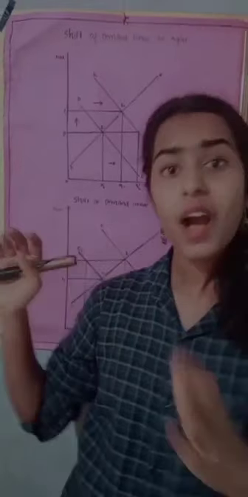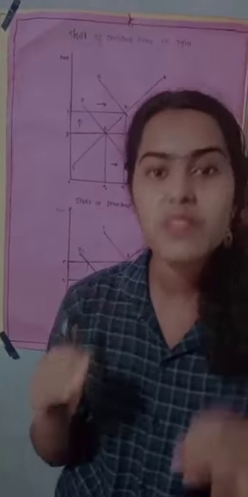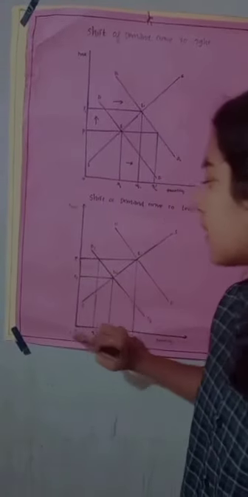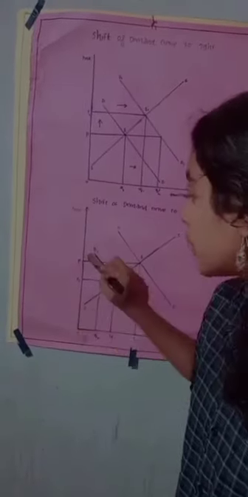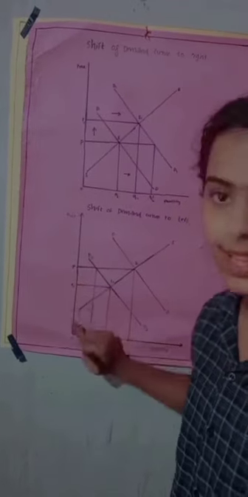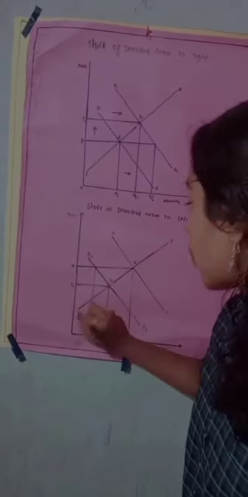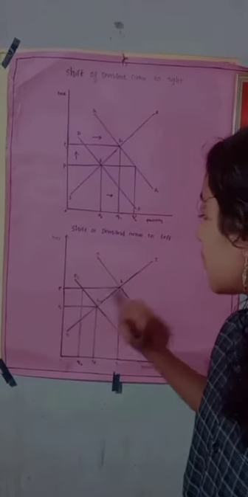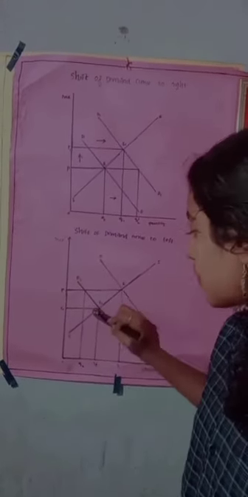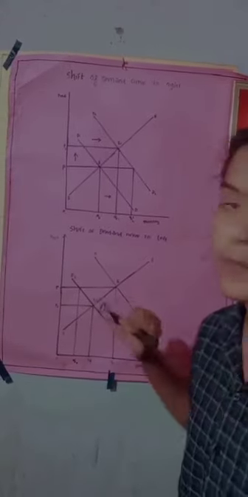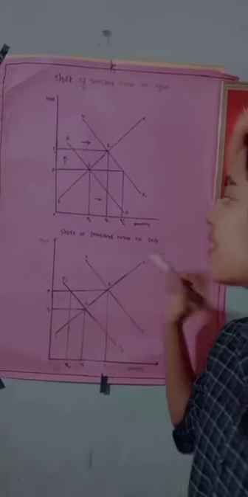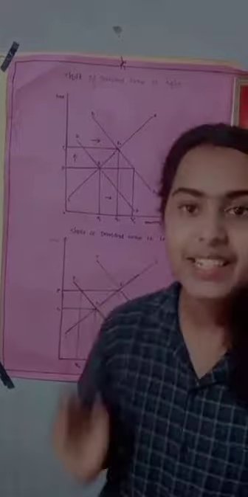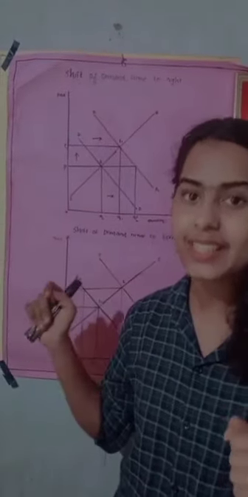In such a situation, the producers are ready to cut the price. So when the price is cut, the price decreases from OP to OP2. This is the now cut price. So what happened? The equilibrium price decreases. This is now the equilibrium price and this is now the equilibrium quantity. Okay, this is what happens when the demand curve shifts to the left. I think you can understand the shift of demand curve to the left.